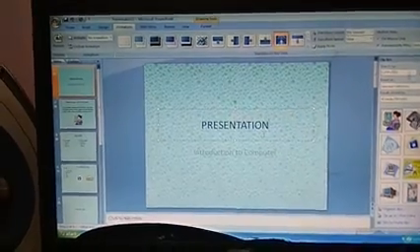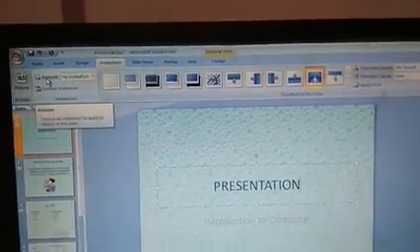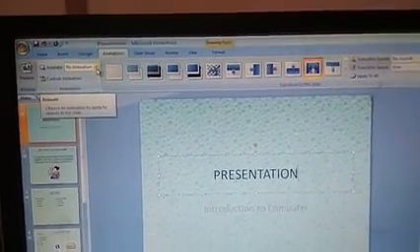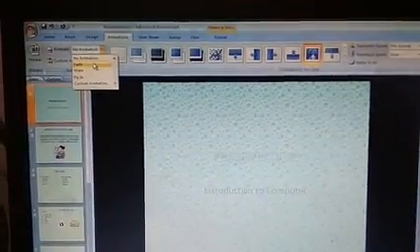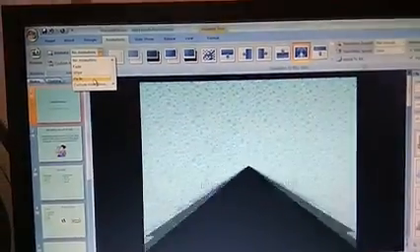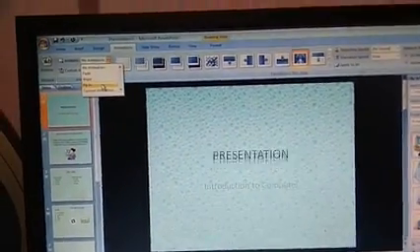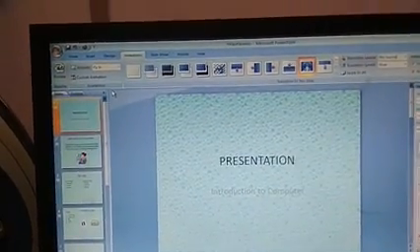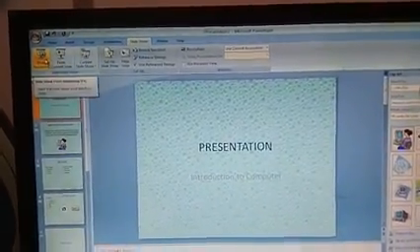location to have some special effect, I am showing you the option here, animation, and currently it is no animation. If I click over here, I have certain options. If you are observing, this is the wipe effect. Okay, I'll click on this one, fly in. So yes, I have given one effect and I'll show you what is actually going to happen. Just observe here.